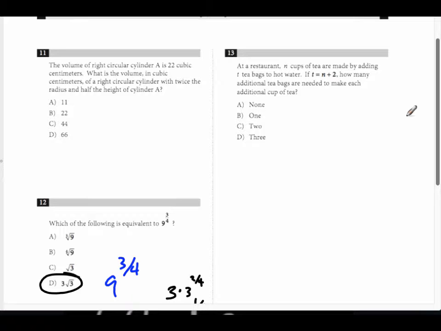Let's go through that again one more time. It says, at a restaurant, n cups of tea are made by adding tea bags to hot water. If t equals n plus 2, how many additional tea bags are needed to make each additional cup of tea? And so basically, I think what we need to do,